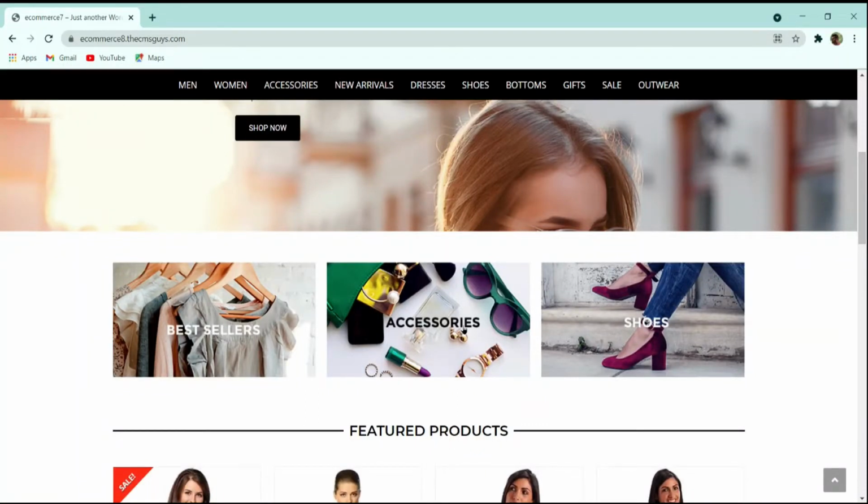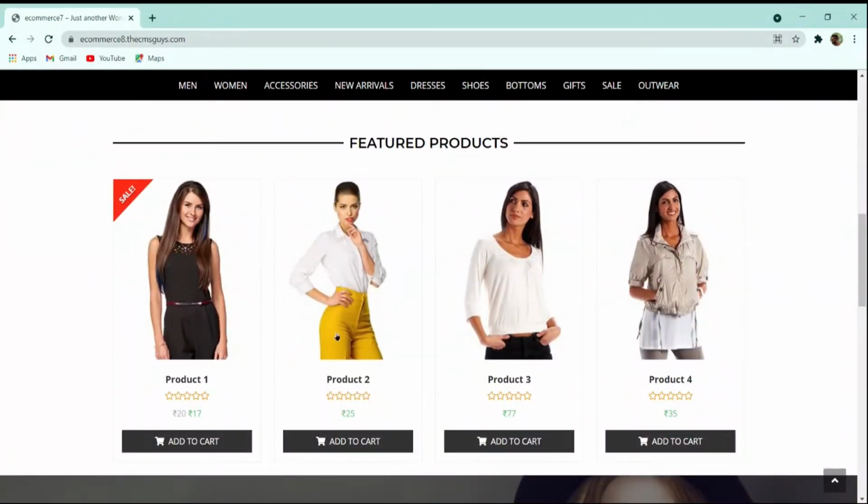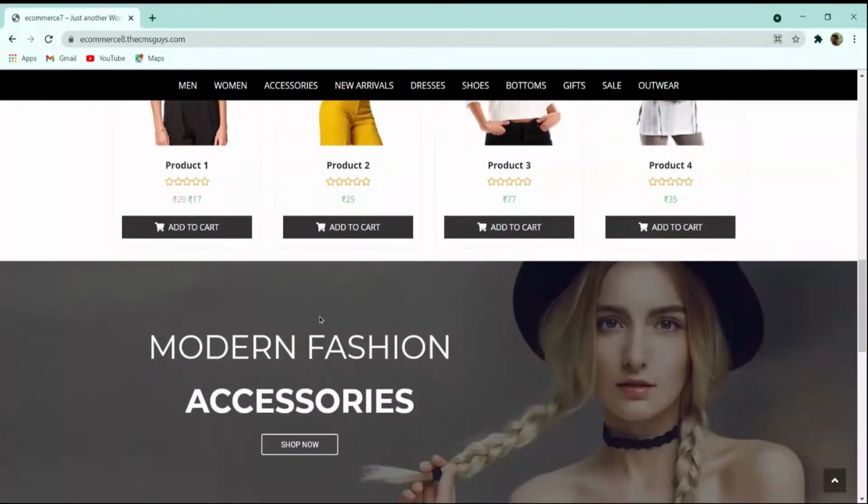And then we have a featured products section here with four products, each as an image box showing the product name, its rating, its price, and an add to cart button. After that we have another full-width banner for a particular category